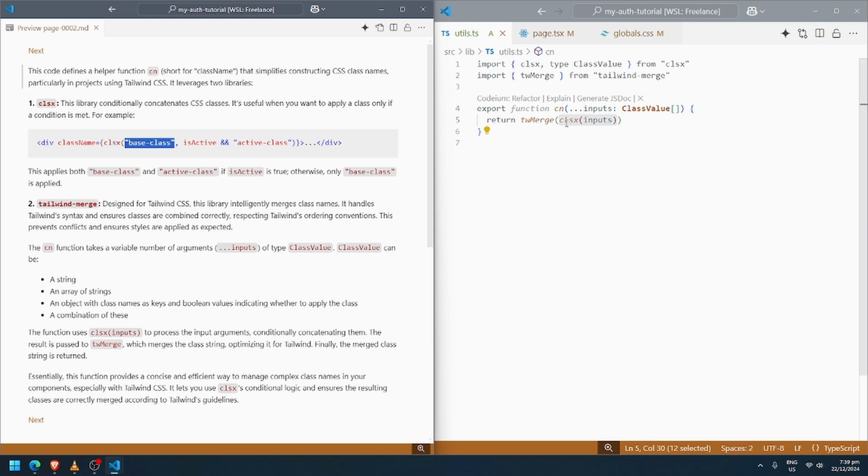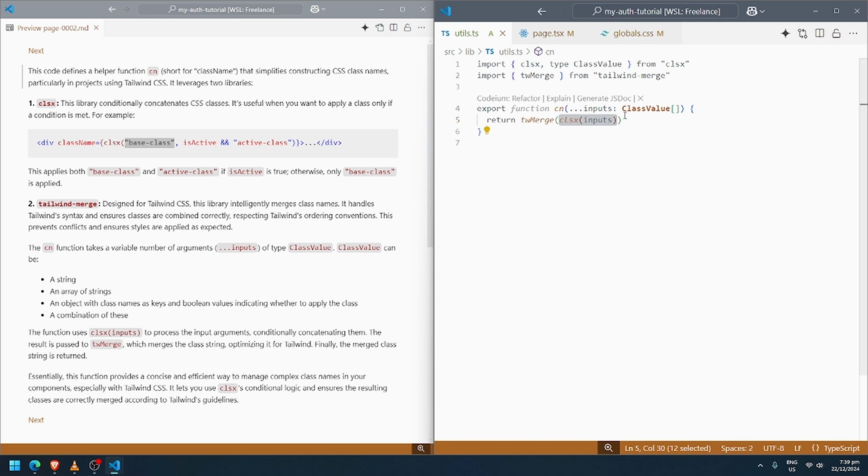So this clsx allows you to apply conditionals on classes, which classes will be displayed based on the given condition. And twMerge is responsible for merging the result of this function clsx, adhering to the Tailwind ordering convention, preventing conflicts and ensuring styles are applied as expected.